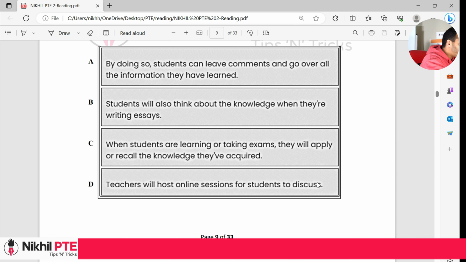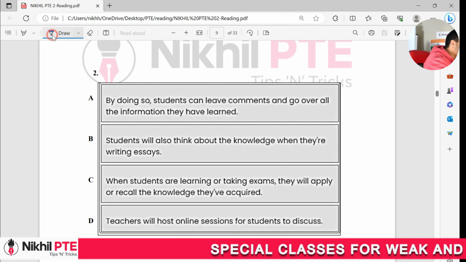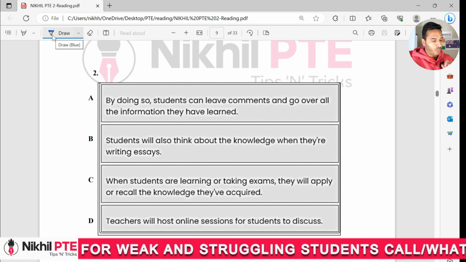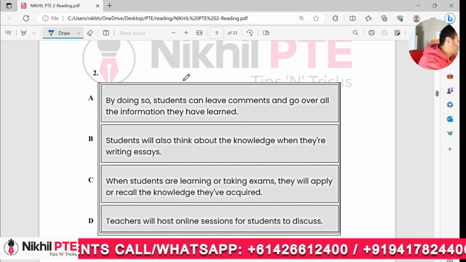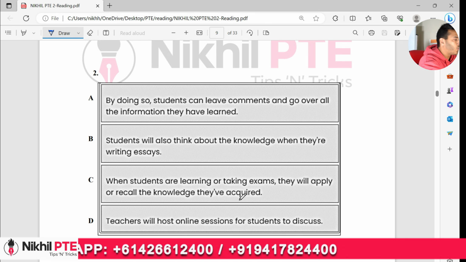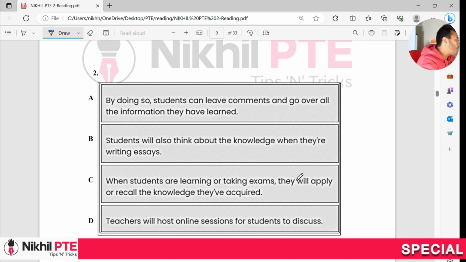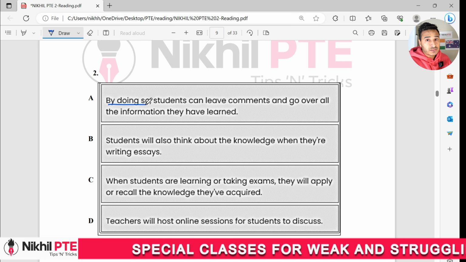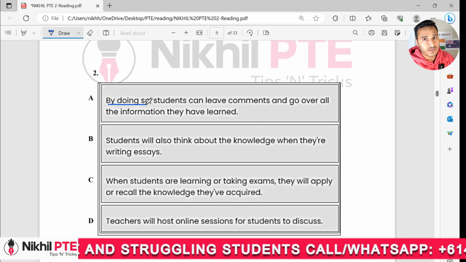Let's start with our reorder paragraphs. So what is your first step? What we have discussed, I hope you understand the basics, right? Noun, pronoun, or how we can link everything. So what is your first step? You just have to read the question and read all the options and try to solve one question in 2 minutes. Okay, so by doing so, which means something happened, kind of connector, this line is not an independent sentence,